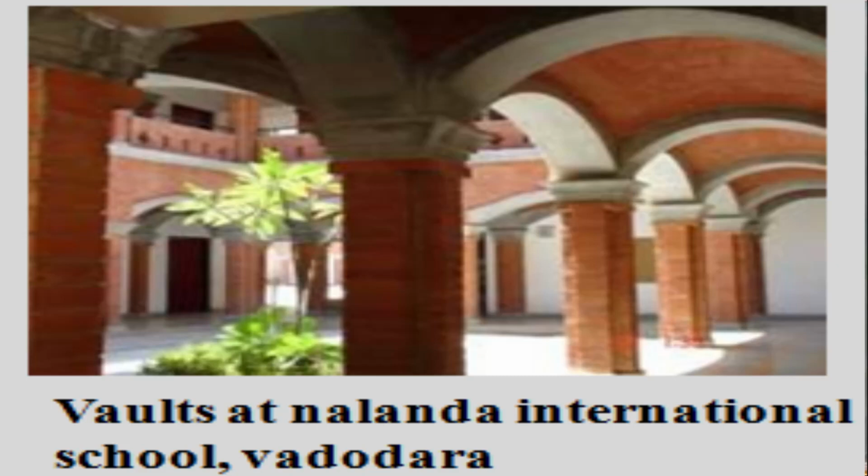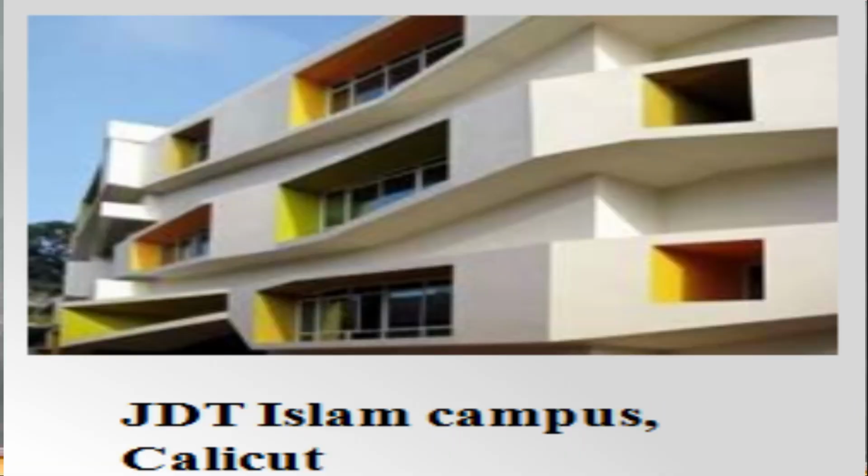Okay. So now let's see the various case studies which include this passive solar heating and cooling system. The first one which is getting projected is the Violets at Nalanda International School, Vadodara, where it is using the thermal masses in order to have passive cooling and heating. So the next one is JDT Islam campus, which is utilizing the thermal mass for the passive heating and cooling process,